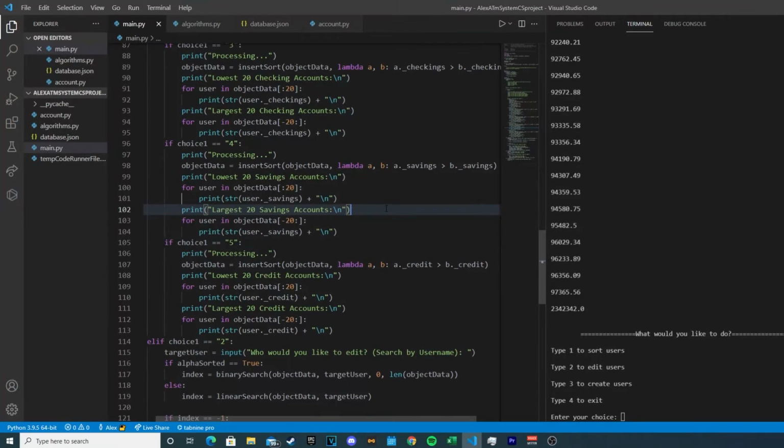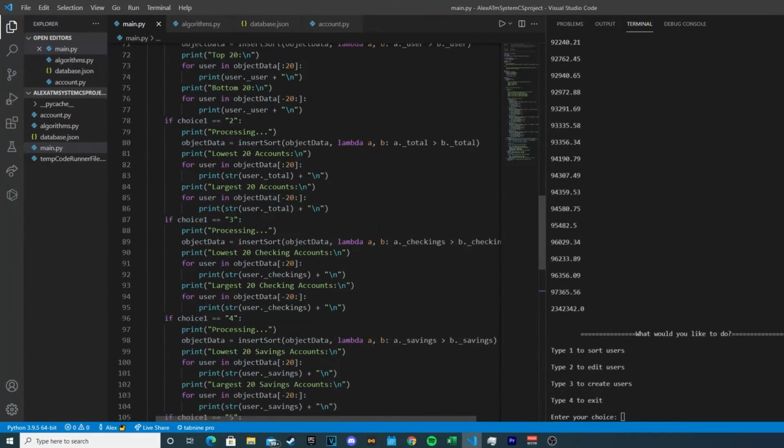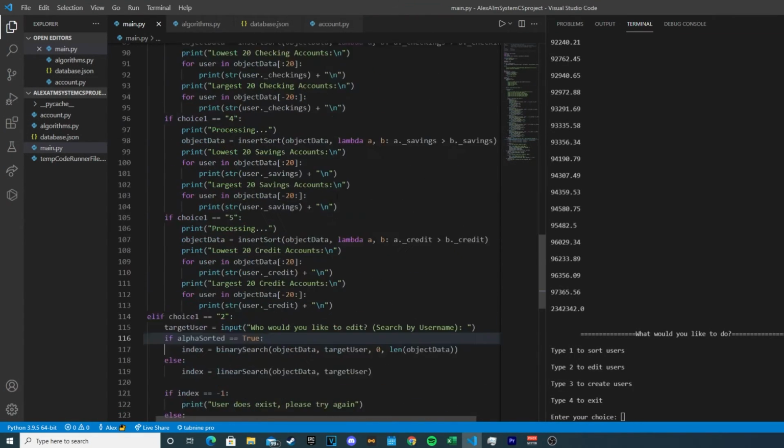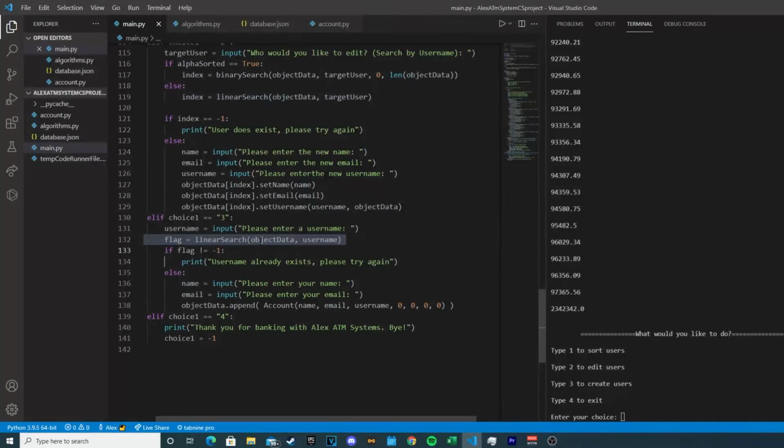First of all, just looking at my program, we can see here that I'm only calling the binary search if the usernames have been sorted previously by the user for whatever purposes they had before. And if that's the case, then we'll just call binary search. Otherwise, in all of the other instances we use linear search, and that is mainly because, for my sorting purposes, there is simply no use case in which it is worth it to perform a sort and